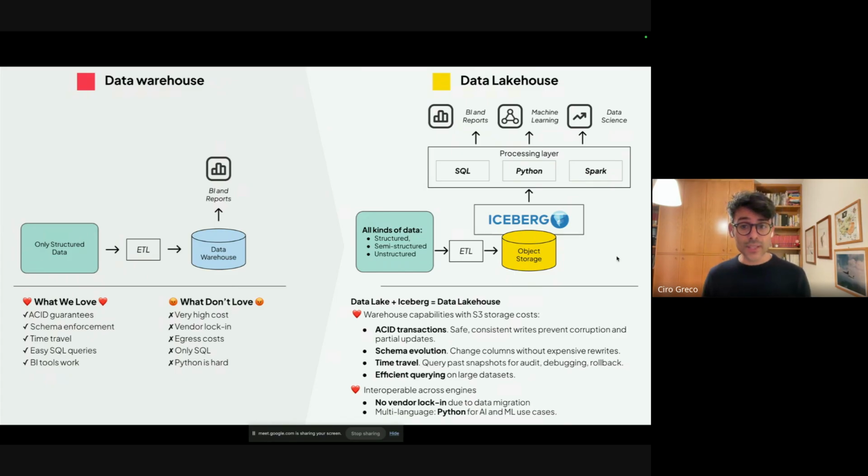You have guarantees, for instance, of consistent writes, so you don't have partial updates that corrupt the tables. You have schema enforcement and schema evolution, so you have your tables, your data types, and a way to keep track of all that. Time travel is a very useful feature that allows you to track changes of tables across time and potentially move back to a previous state of your data. That is very useful, especially when you're trying to reproduce something, which happens a lot when you debug,